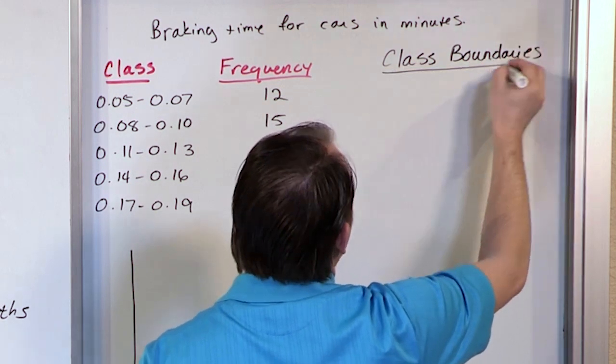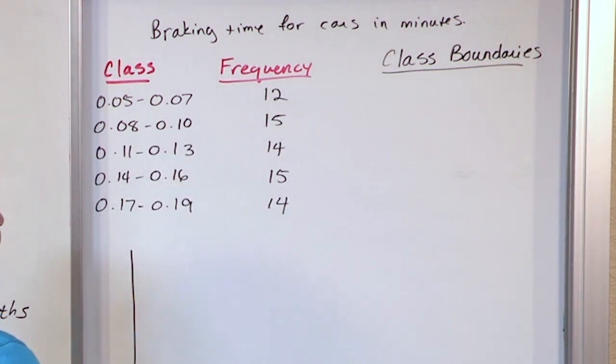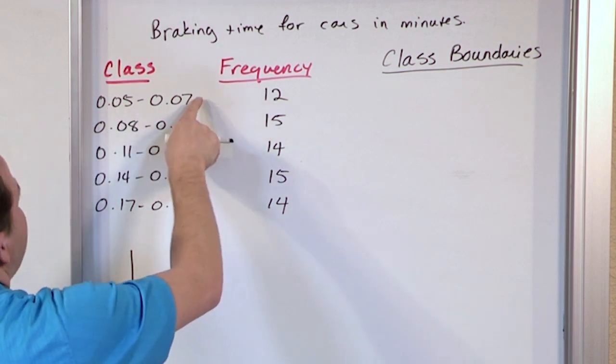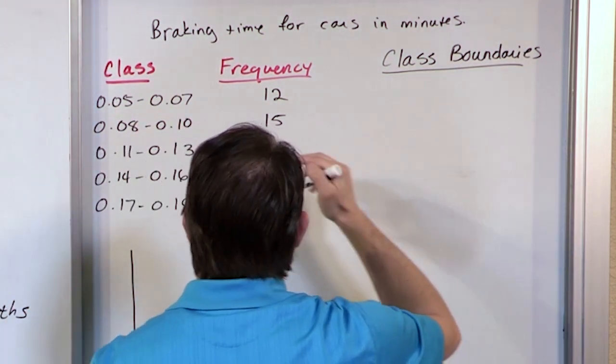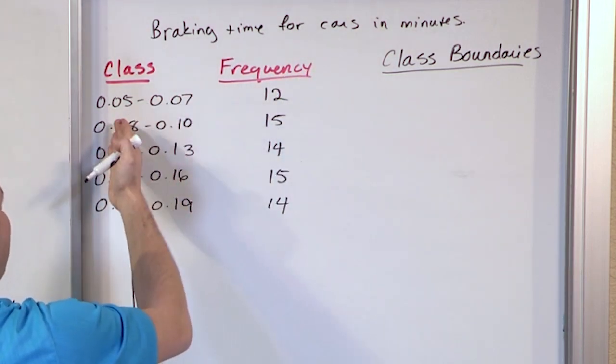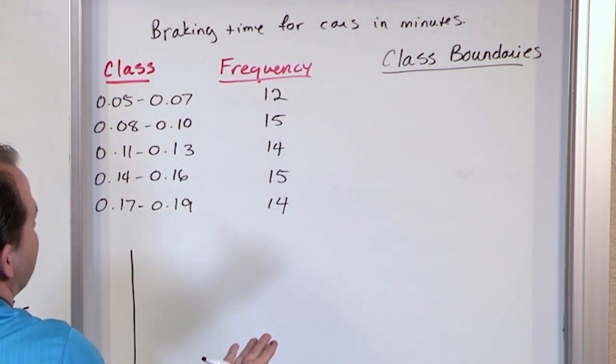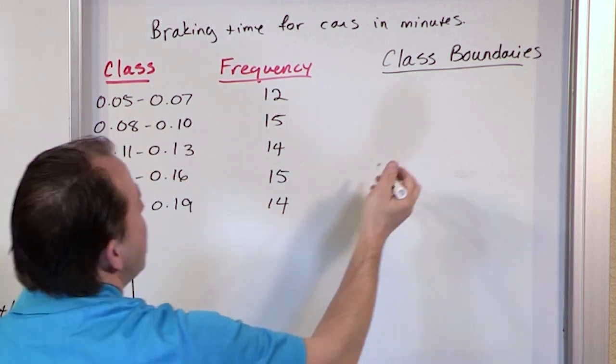And the class boundary is actually what you put down here, and that's going to make it touch. That's a very simple little concept, but that's right. Now let me ask you this. What would be between 0.07 and 0.08? Because the class boundaries are exactly halfway between the endpoints of the adjacent classes. So 0.07 and 0.08, you're going to get